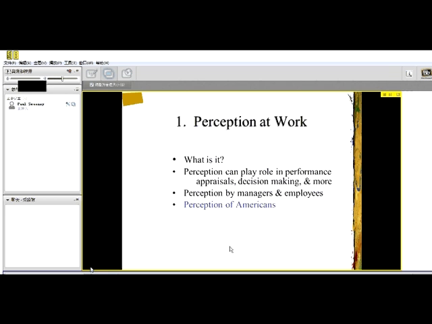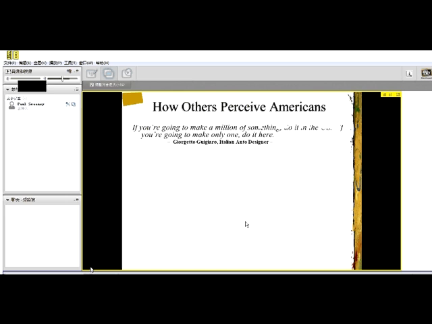But the perception of Americans is a place where also perception plays a role. And again, if perception is queen or king, that is, if people act on their perceptions rather than what's really there, then it's important to know what those perceptions are. And it turns out we have some data on how Americans are perceived by other people. I pulled some of these quotes. These are very, very rich quotes. I'll share some data in a very quick second here, but take a look at this one here.